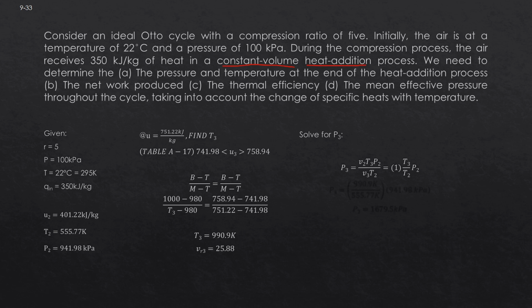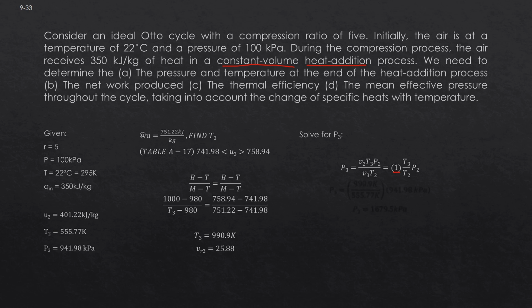Therefore, for constant volume, our V sub 2 and V sub 3 are equal. Therefore, V sub 2 over V sub 3 will be equal to 1. We will get 1 times T sub 3 over T sub 2 times P sub